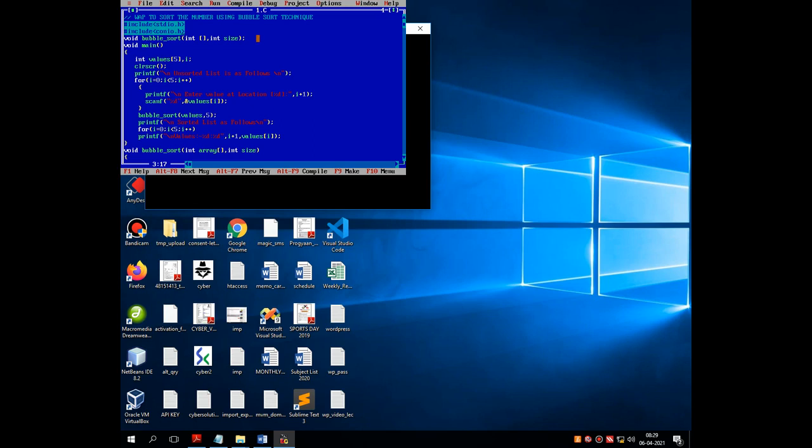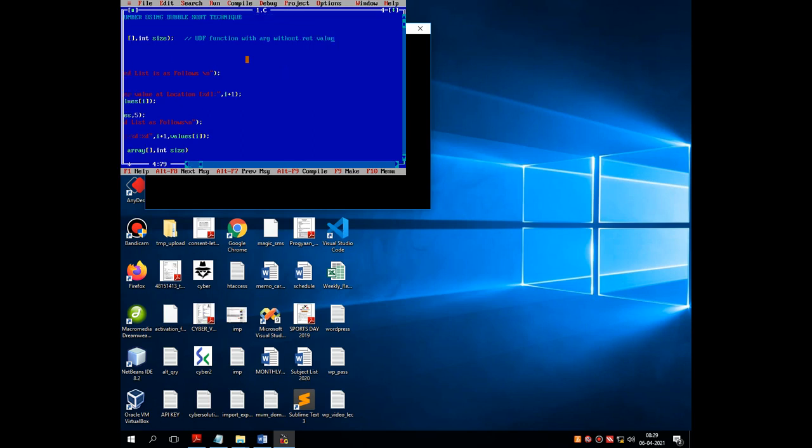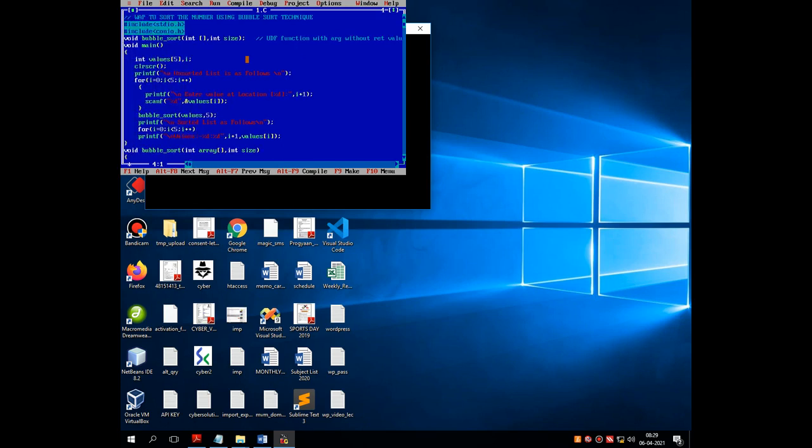Then in this particular program I have used the concept of UDF, that is user defined function, and the type which I have used is function with argument without return value. So as per the theory of UDF, I have to declare the function prototype, and the function prototype is void as it doesn't return any value.